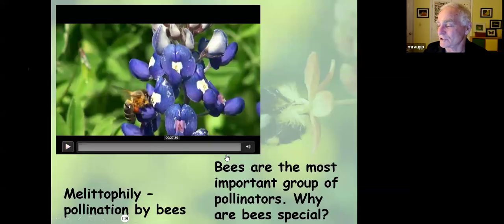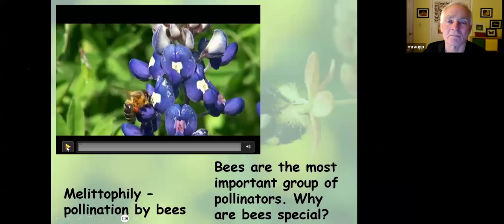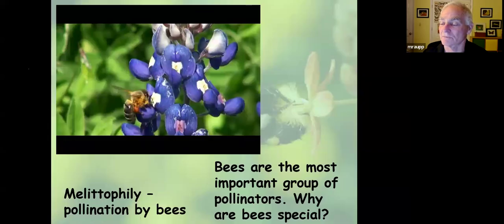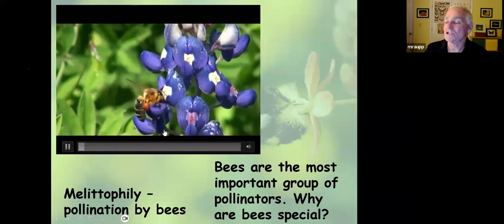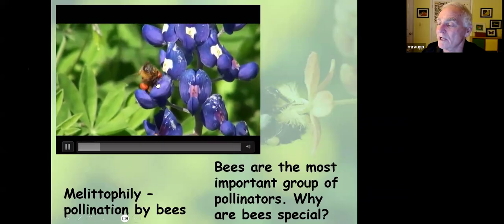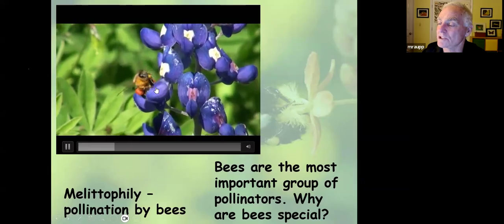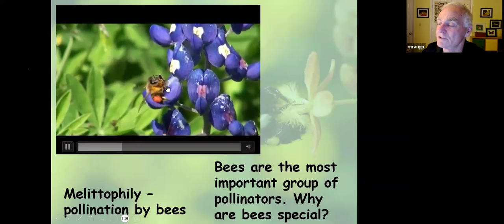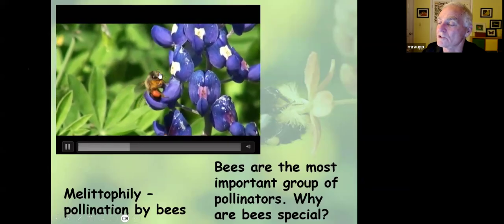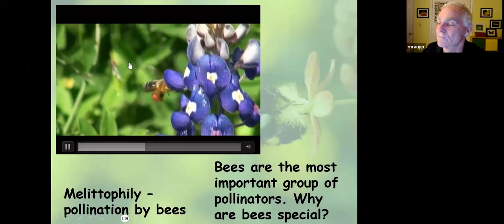Bees are special. I'll let you see this one work. They're super important pollinators, but they're special. Let's try to figure out why. Watch as this particular bee, this honeybee, pulls down the petal. It's going to squeeze this structure right here. That's where the pollen is. Watch. You'll see it squeeze it with its jaws. A little drop of orange pollen comes out, gets carried in the pollen basket.